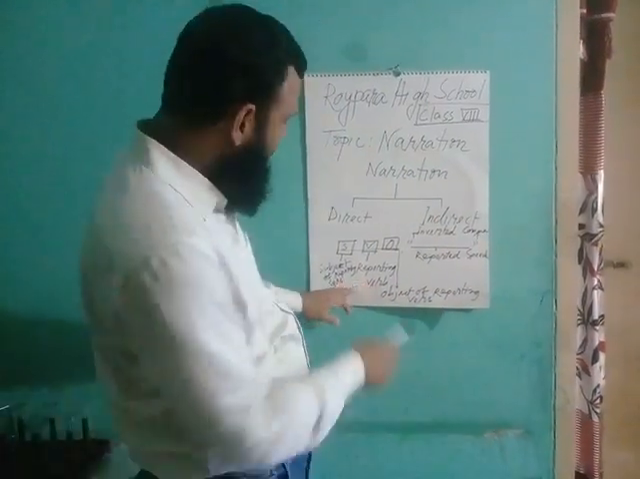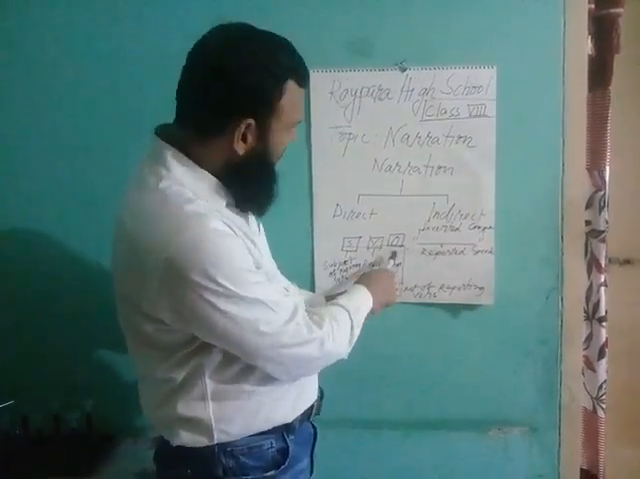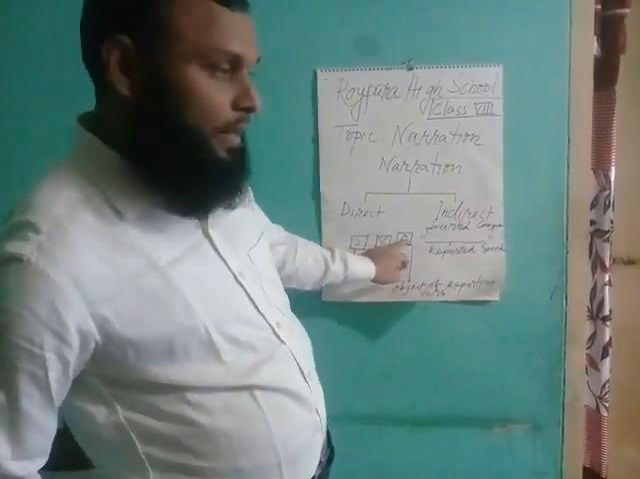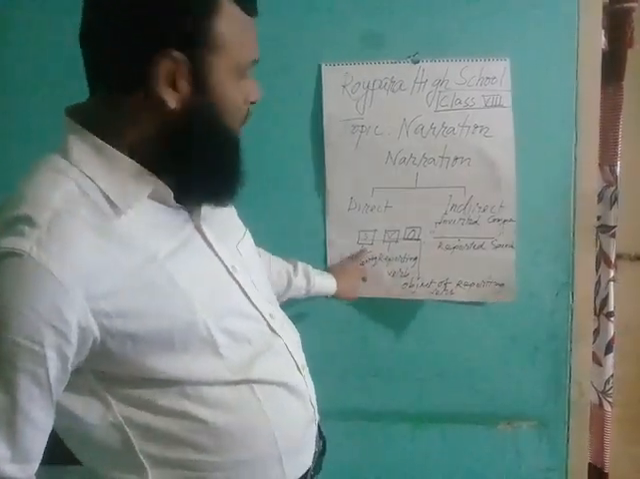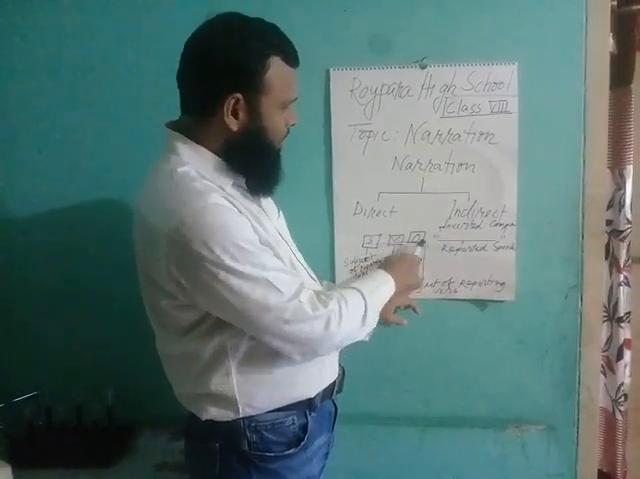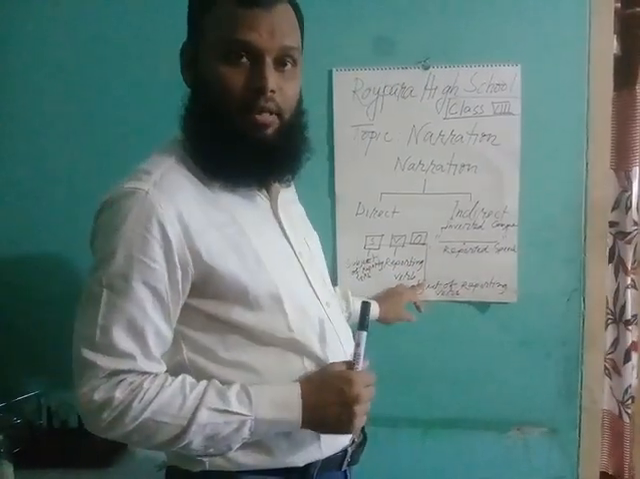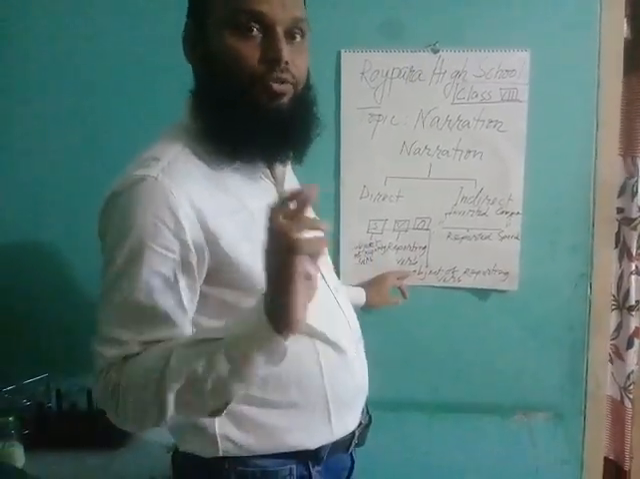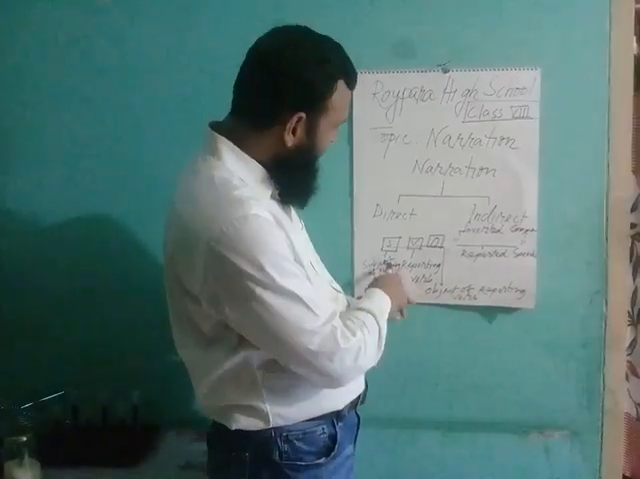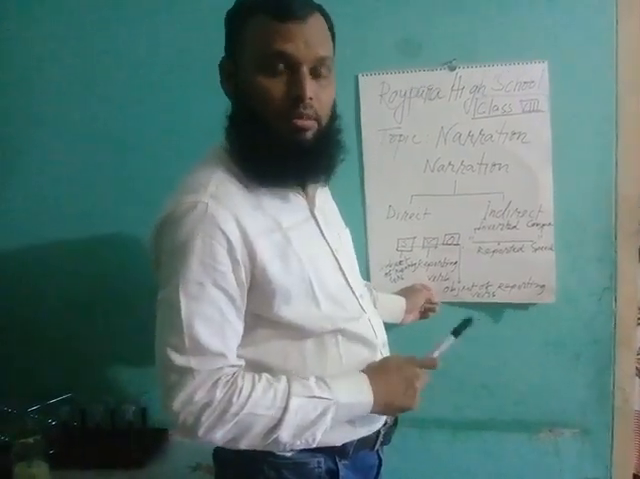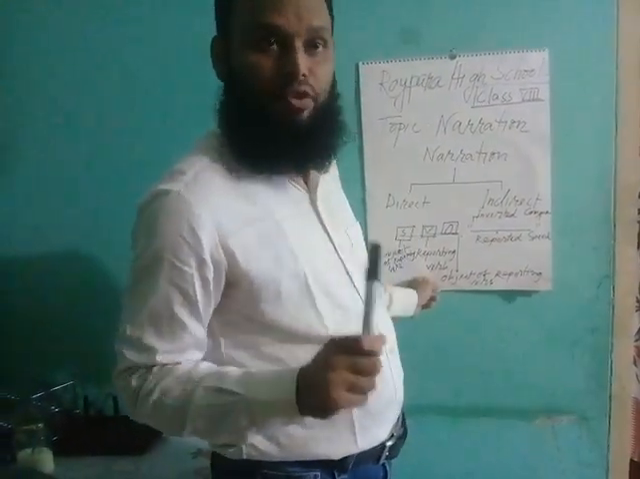First, have a look here. I have made some circles or boxes. Look, before the inverted comma of a direct narration, you will find only three things. That is, subject, which is called the subject of reporting verb,